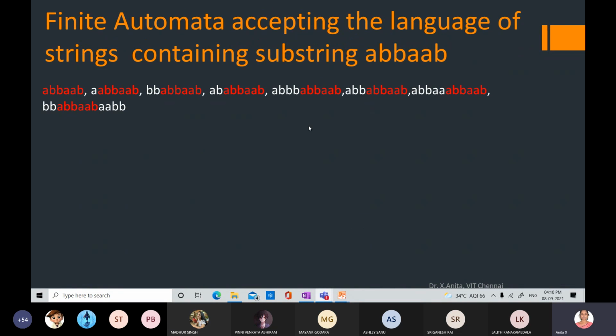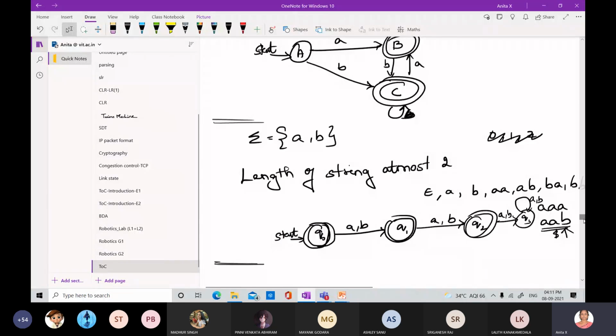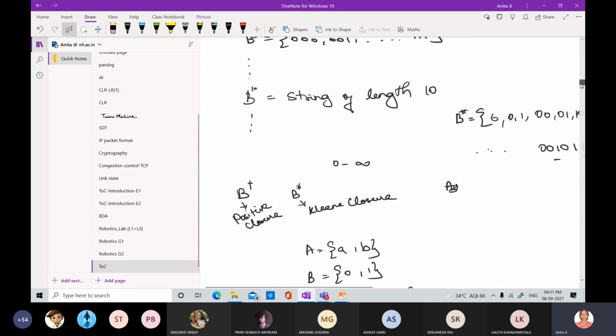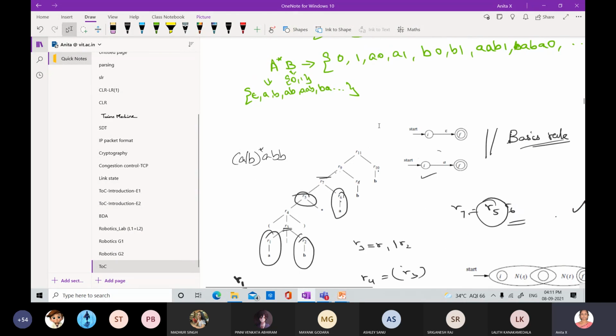Similarly, in the previous case we discussed strings not containing the substring AA. Here we discussed strings containing a substring, for example ABB. We discussed an example, and then we can move on to the rest of the things. Next, we discuss converting a regular expression to epsilon NFA by means of